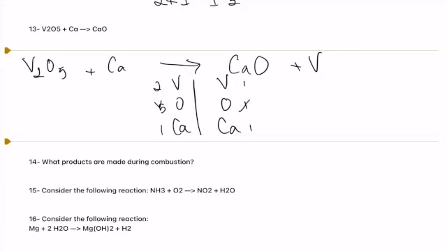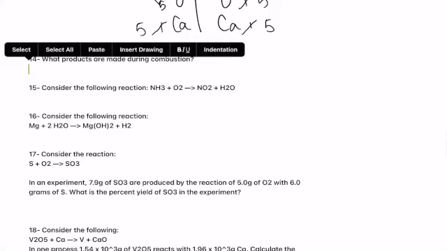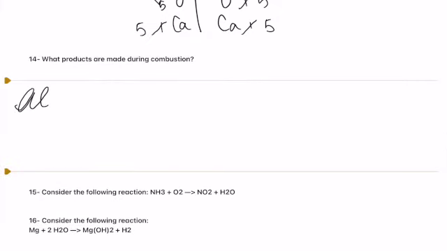So generally we like to save oxygen until the end. But in this case, it's going to be the one we know we're going to have to deal with. So we start here with our 5 coefficient, gives us our 5 oxygens, but now also 5 calciums. And so we also see that we have to deal with our vanadium is not balanced. Add a coefficient of 5 in front of calcium, we got to 5, and then a 2 in front of vanadium, we got to 2. Remember, when it's a combustion reaction for 14 here, we are always only producing carbon dioxide and water.